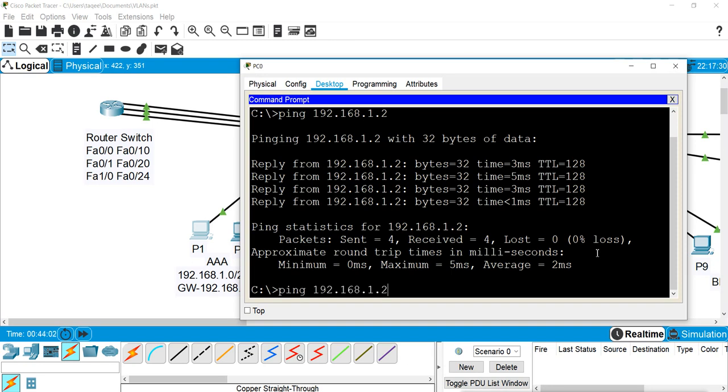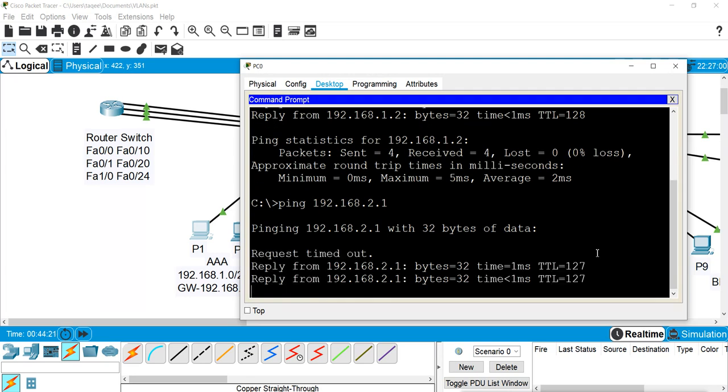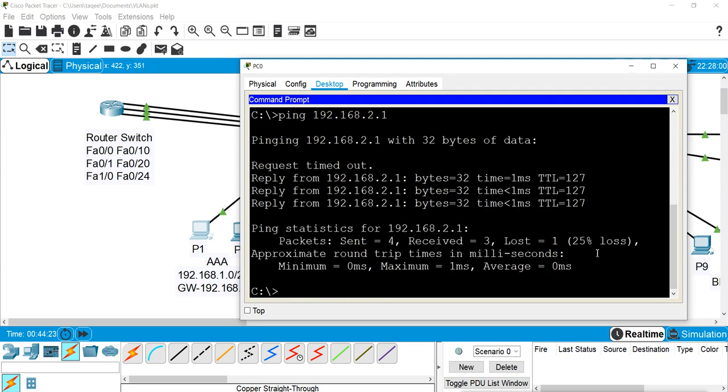Now I will try to ping the other machine in the other network, like 1.a 2.1. This one belongs to the other network, and it also belongs to another VLAN. So when you ping this IP which is not in the same network, it will go to the router, and now you will see the reply also. So this is going through the router and getting the reply. It is not going directly, it is going through the router. I will show you in the real time mode, in the simulation mode.